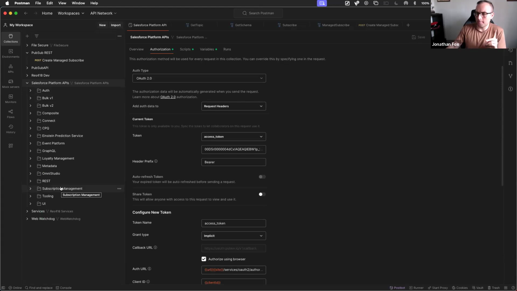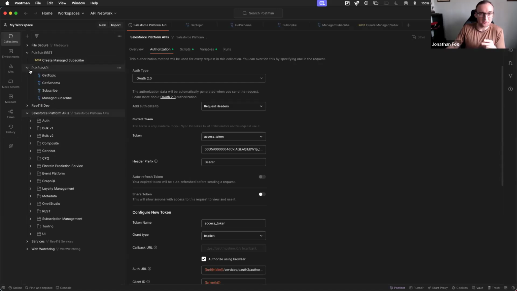One, it's not the easiest to use because it's using a different protocol. It's using gRPC, as we know. And two, Postman doesn't allow you to save the request that you make in a collection with HTTP requests. You have to save it, annoyingly, in its own folder. So I think that's a limitation of Postman. I'm not quite sure, which makes it harder, I think, for the Salesforce devs to produce this collection and share it to us lot. So that's why it's not there at the moment.